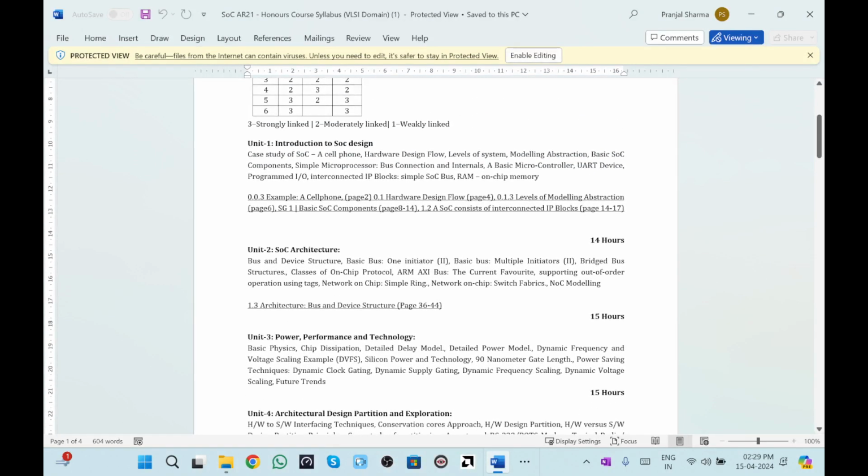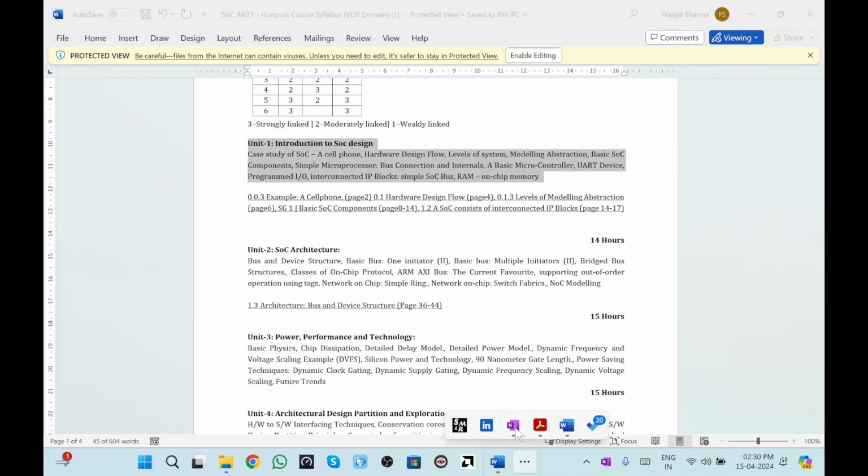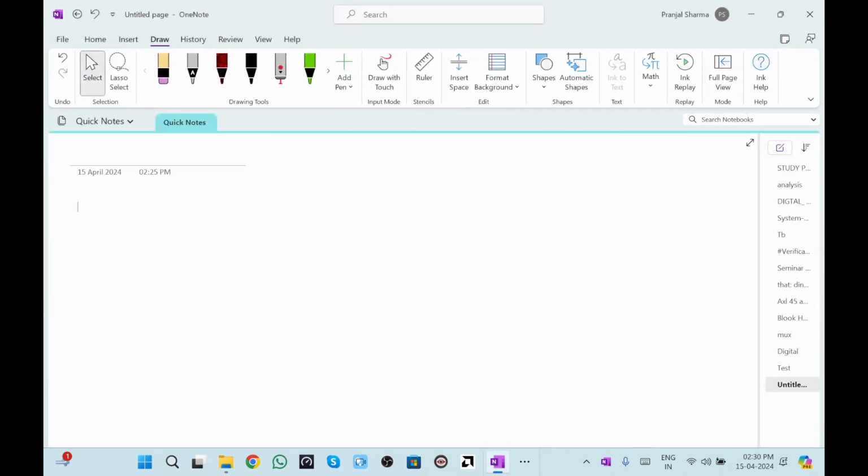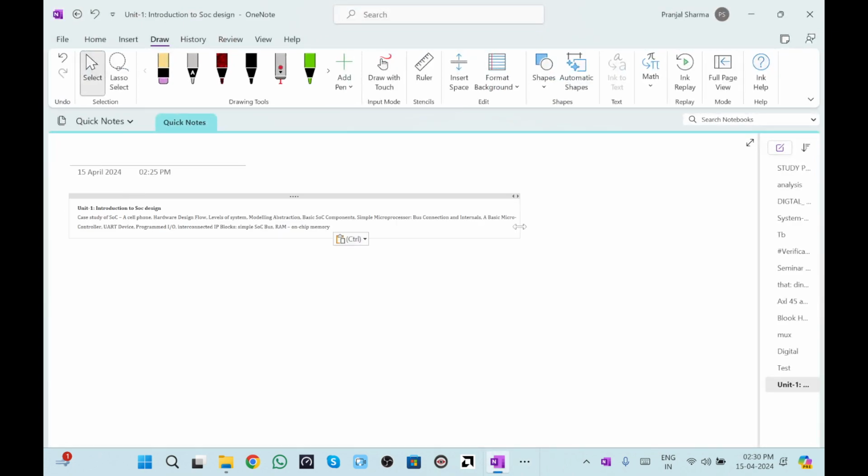So we'll try to understand what SoC is and how we are using this in our modeling styles.